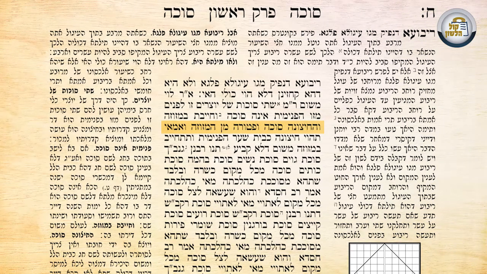V'hachitzayna sukkah. The outer chamber is useful, meaning one can fulfill his sukkah obligation by sitting in that outer chamber on the holiday of Sukkot. Uptura min mezuzah, and it does not require a mezuzah. The Gemara will ask in a moment, why does the outer one not need a mezuzah? We'll get to that a little later, but first we want to focus on the Rashi explaining